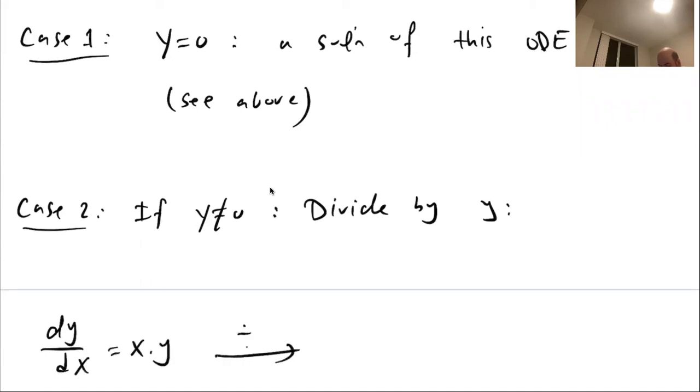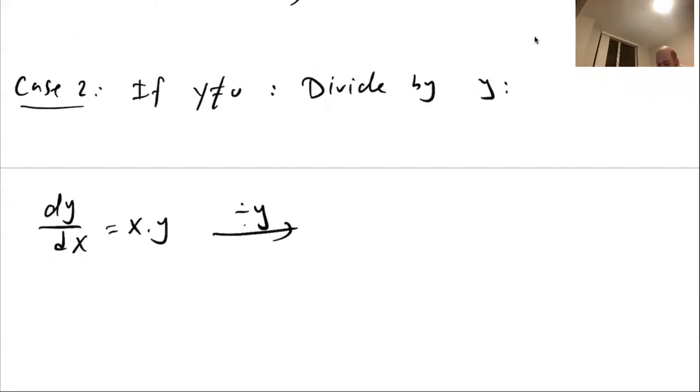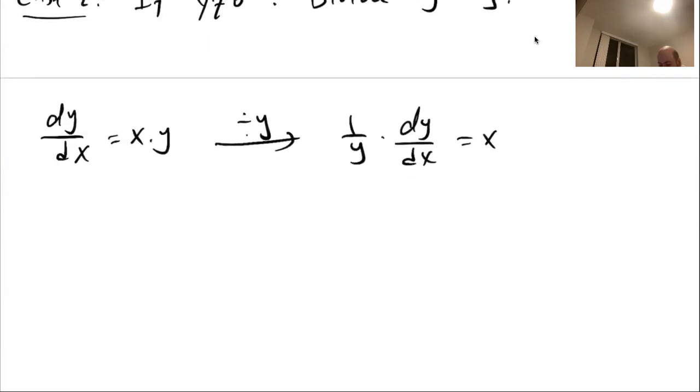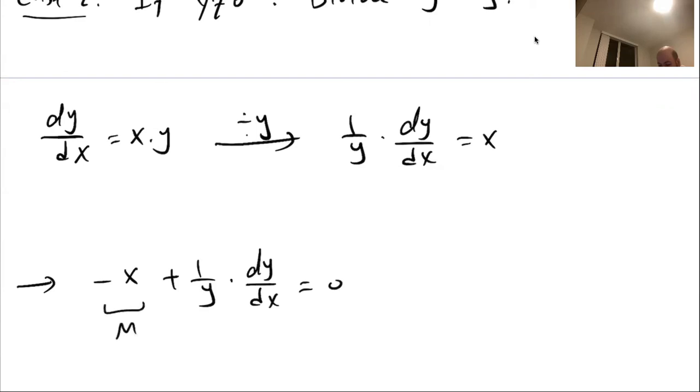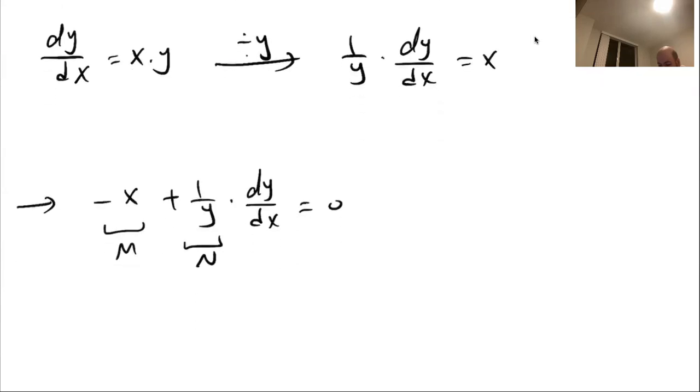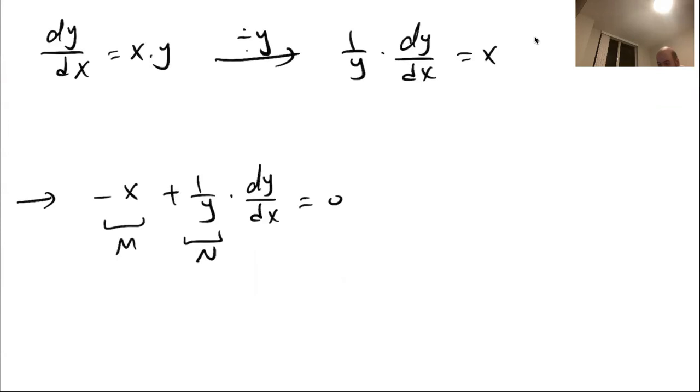If I divide both sides by y, then we get 1 over y times dy/dx equals x. Let's take x to the other side, then I'll have minus x plus 1 over y dy/dx equals 0. Now this is my M, this is my N, and again dM